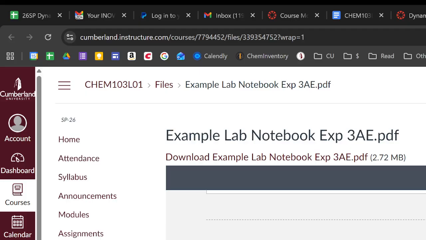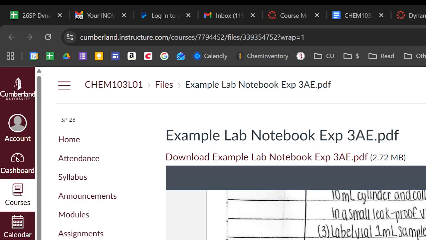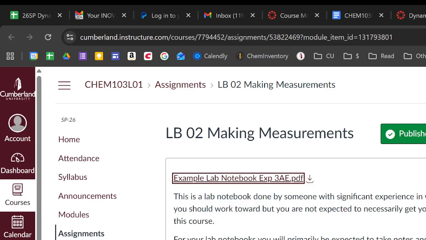If you use a pen and you make a mistake, you should make mistakes. That is fine. You will do a single line cross through like that, and that's how you get rid of your error. Okay, it needs to still be readable because sometimes errors are important, and you don't know that. Okay. All right. So that's what a lab notebook looks like.